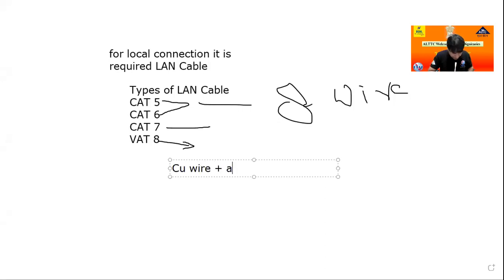Main copper plus alloy. So the basic wire is copper wire plus alloy. It depends on the alloy, which material of alloy. In the old time, mostly glass and some tin, and some aluminium may be used. And currently, some silver and also high-class platinum wire is used in cat 8. Okay. So due to this material, the cost of all types of cable will increase.